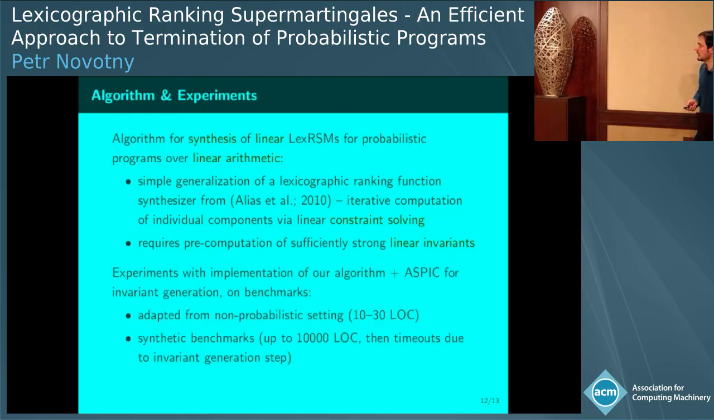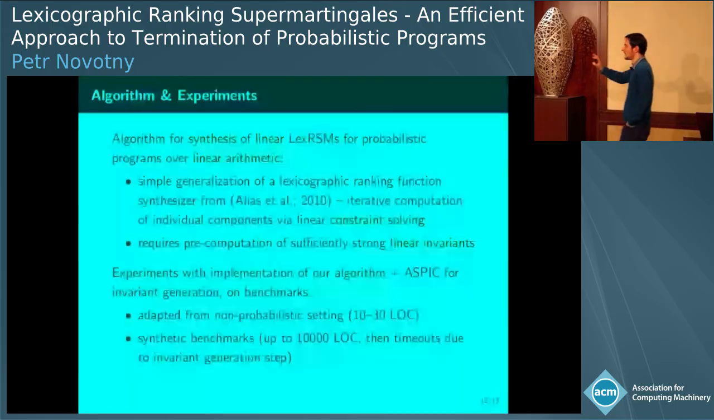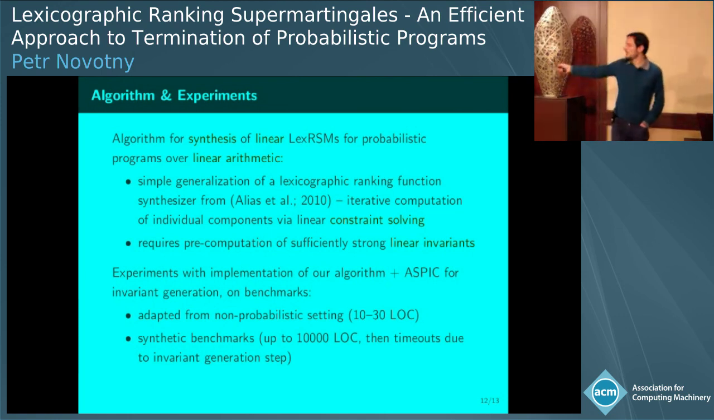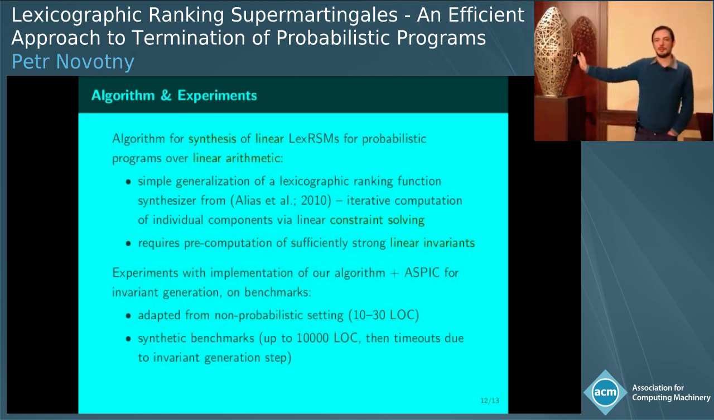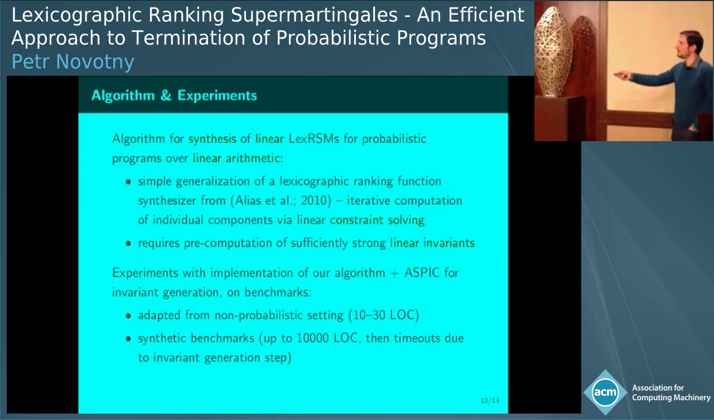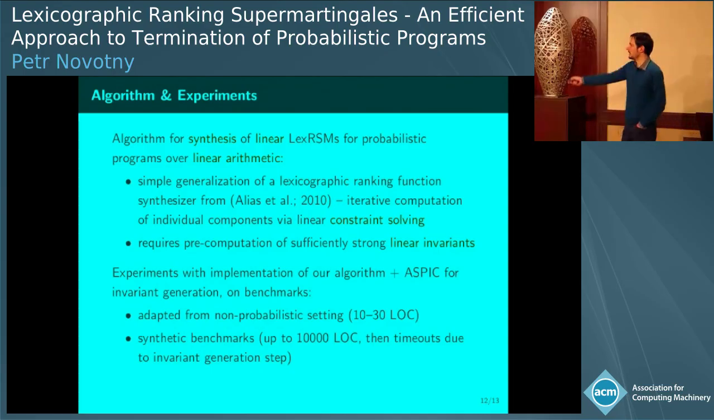So we did some simple proof of concept experiments. This is not meant to be some practical toolchain, but we implemented this generalized algorithm and paired it with the tool ASPIC for invariant generation, which is basically by the same authors as here. And we experimented on two kinds of benchmarks, and I think maybe the more interesting lesson is from the second set,